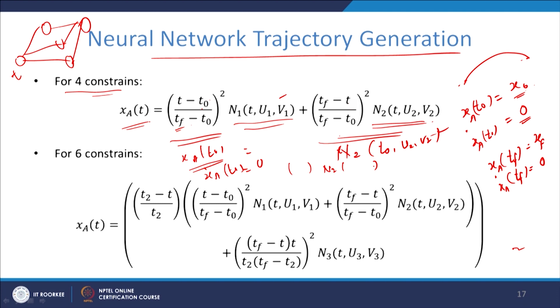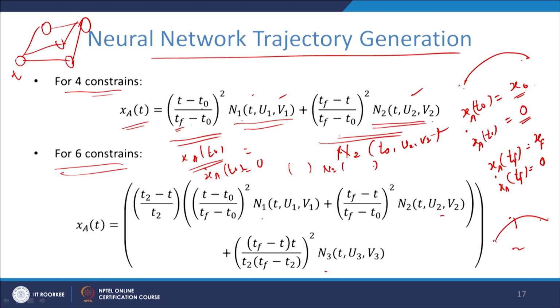For training we will use only 2 time instances, that is t equal to t0 for training N2 and t equal to Tf for training N1. After getting all the weights we substitute here, that is useful for finding the trajectory for all values of t. Similarly, if we increase the number of conditions, instead of only initial and final, we also have 2 conditions at the middle, that is the height of the trajectory path as well as the velocity at this path, the derivative. Then we can write the neural network in this particular form.